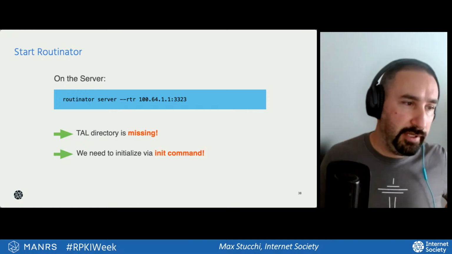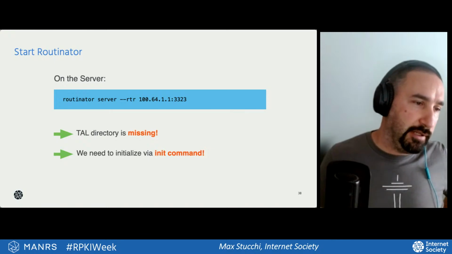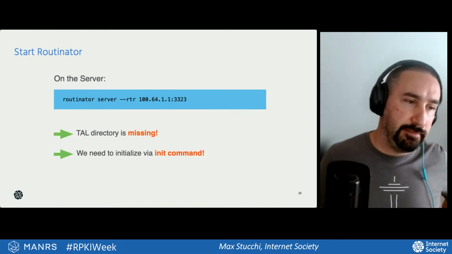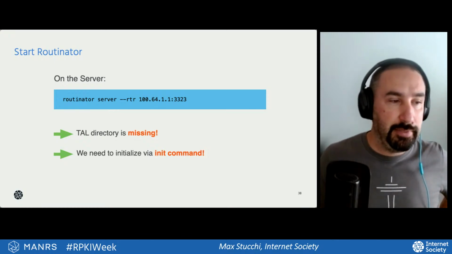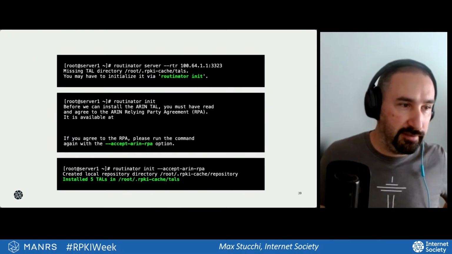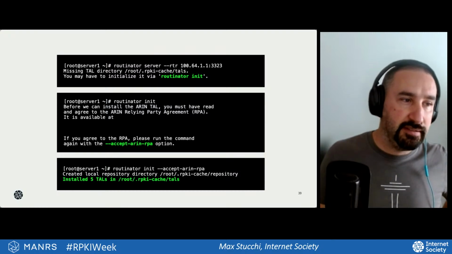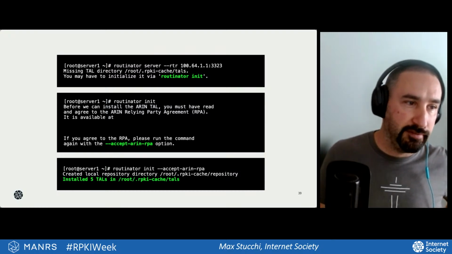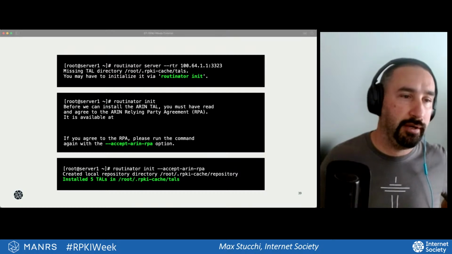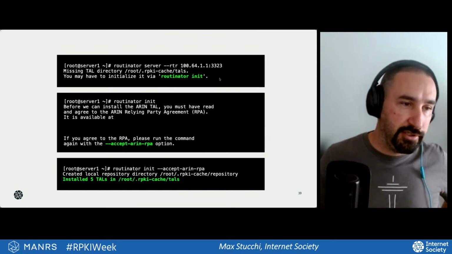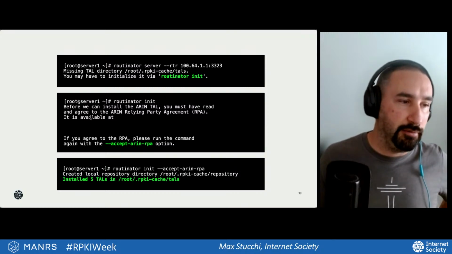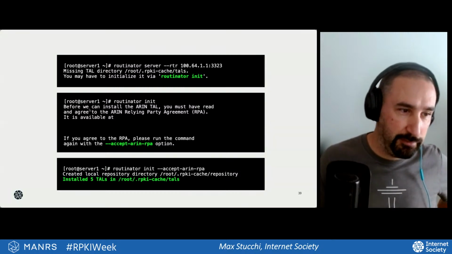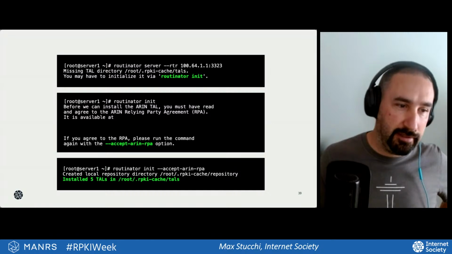You run Routinator server, run my RTR daemon and bind it to this IP address on this port, but then it will come up with an error. It tells you, hey, there's the missing TAL directory. In this case, this is an example, the first square up here. You may have to initialize it via a Routinator init. Then you run the Routinator init, and it tells you, well, before we can install the ARIN TAL, you must